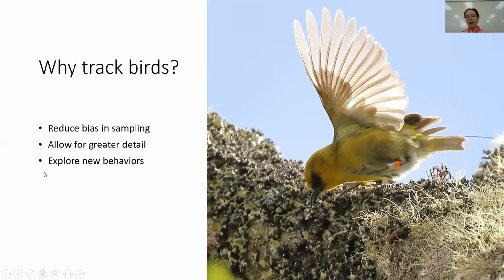And then why track birds? Previously, work with ʻAkiapōlāʻau has just used these color bands, which you can see on this male, to opportunistically collect points on their distribution. And this work has worked pretty great in the past, but with this transmitter technology that we have, we can